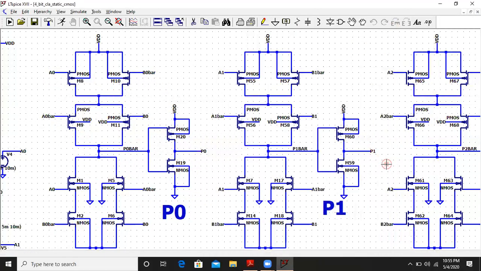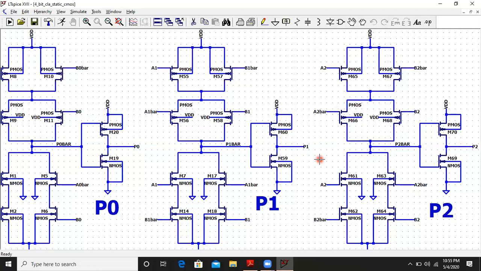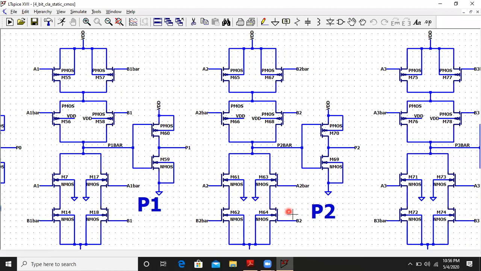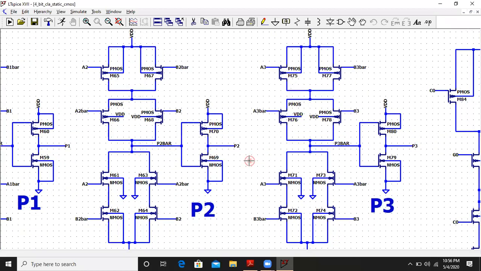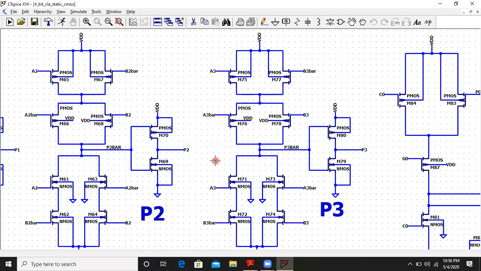Similarly, you have to implement the P1 block. The only difference is the inputs are slightly different: A1 and B1, A1 bar and B1 bar. Next is our P2 block. For the P2 block, the inputs are A2, B2, A2 bar and B2 bar. So here you have them. And for P3, it's again exactly similar. It's like prototyping: one circuit you do and the others you can straight away prototype. Your P3 has the transistor inputs A3, B3, A3 bar and B3 bar, and again you have a CMOS inverter. So this completes the propagate blocks.